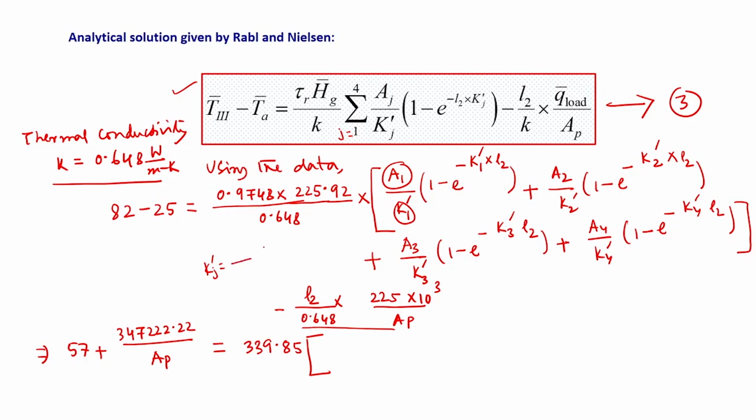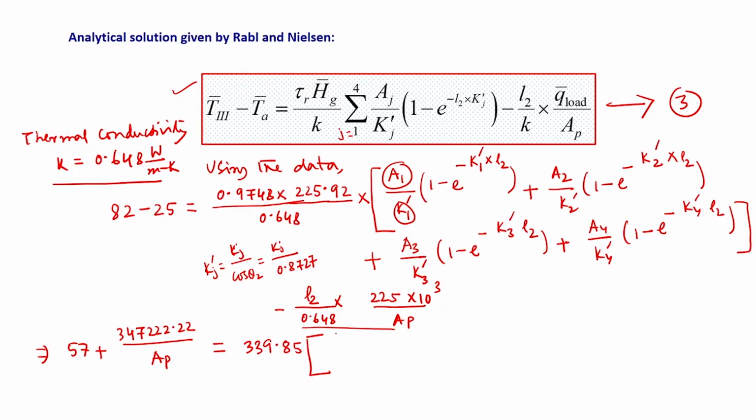So, Kj dash will be Kj divided by cos of theta 2, which is nothing but Kj divided by 0.8727. Okay. So, these values are already given. So, we can use those values. So, if we use those values, then this will simplify something like,